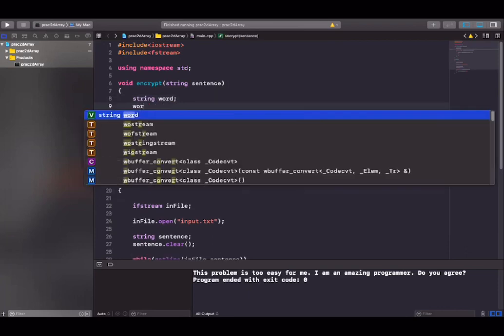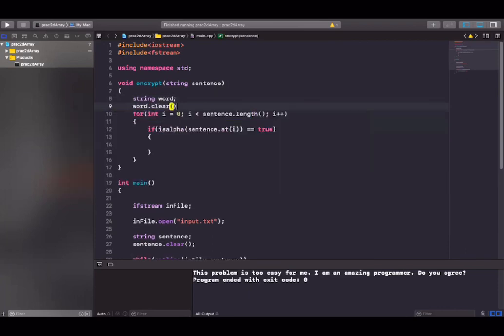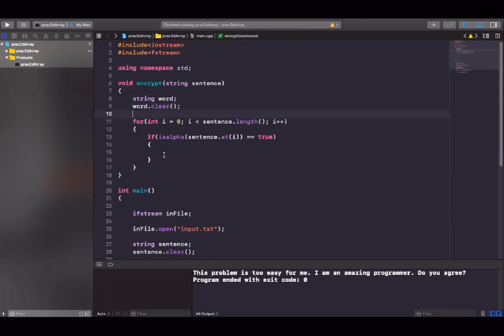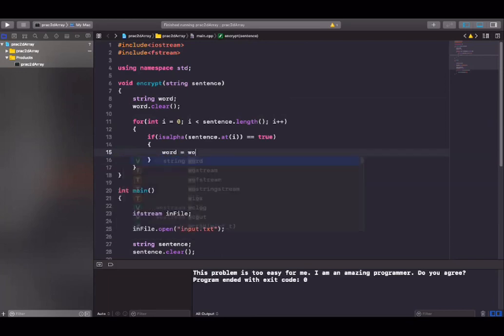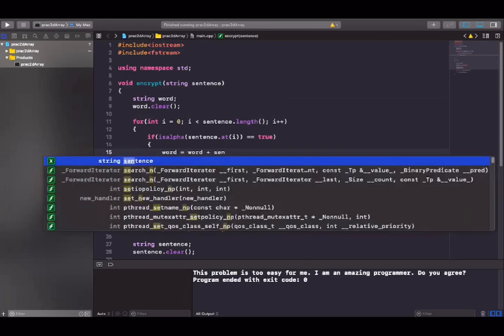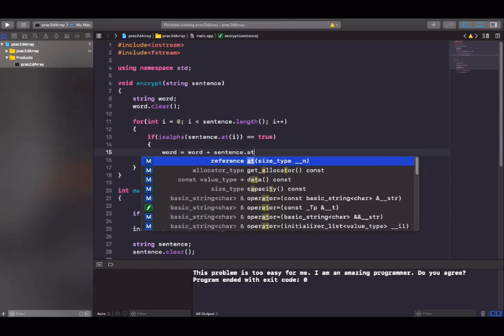Make sure it is empty, and then I'm gonna use it here. So if you find that it's an alphabet, then take word and add whatever you had before with this new character coming in,